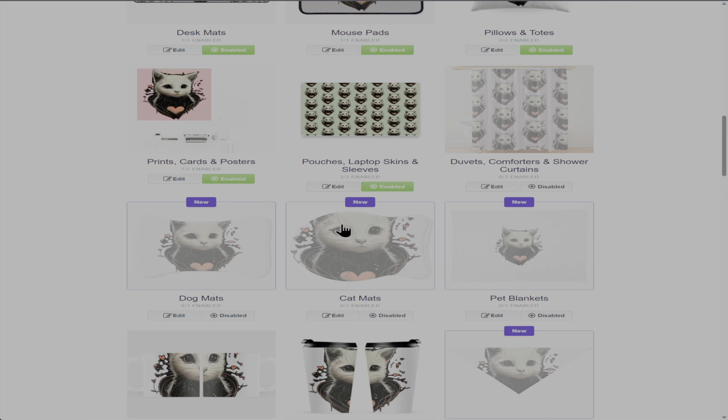So this is important. Anytime they see something that says new when it comes to a dog mat, cat mat, pet blanket, if it's something that's pet themed, like this cat right here, we want to use that as much as possible. So once again, cat mats, let's definitely do that one. So let's go to edit,